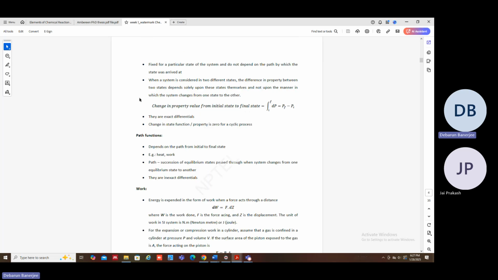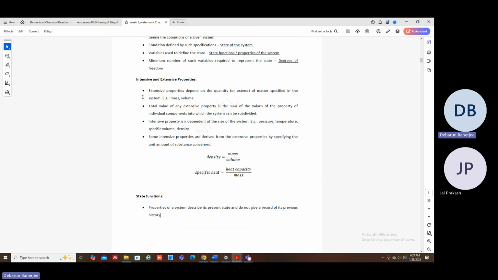So there are some properties which are dependent on the mass. These are called the extensive properties, such as mass, volume. The total value of any extensive property is the sum of the values of the properties of the individual components. It's very straightforward. If one entire system is composed of two materials A and B, then the mass of A and the mass of B, the summation of this, will be the mass of the